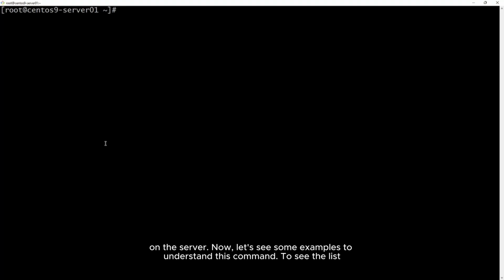Now let's see some examples to understand this command. To see the list of all connections to the HTTP port being used by processes, use LSOF with the I option.